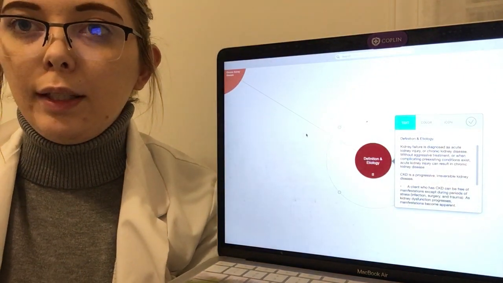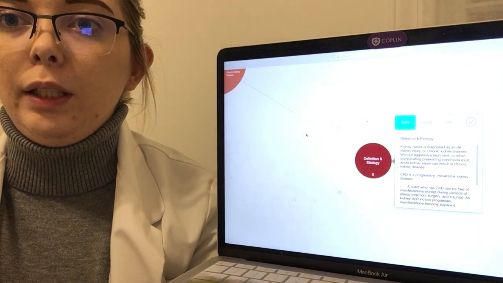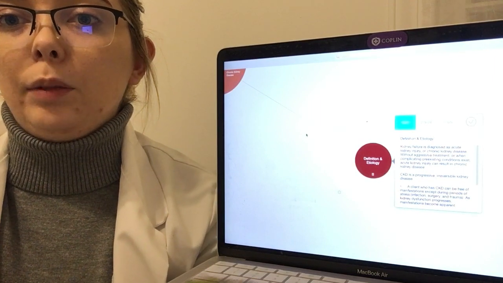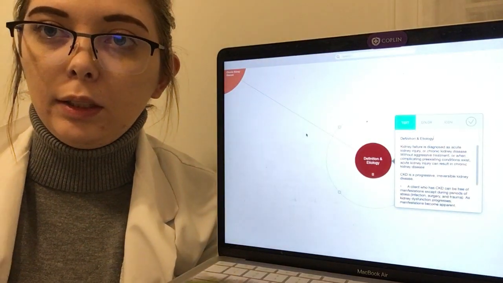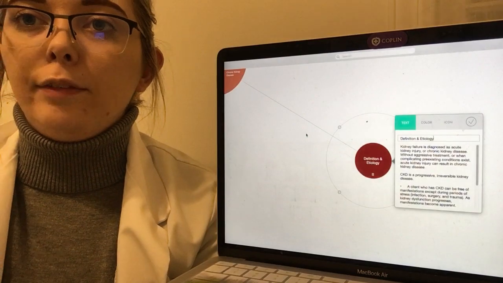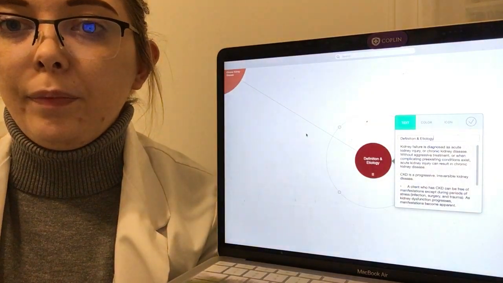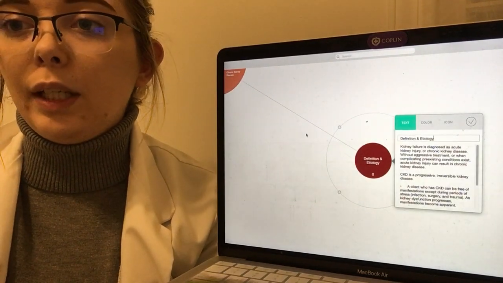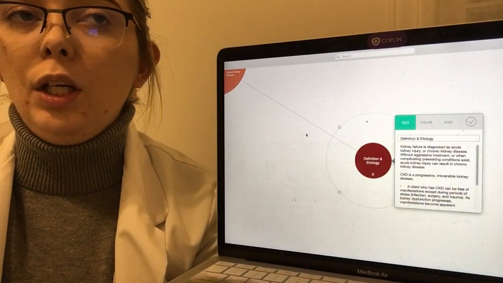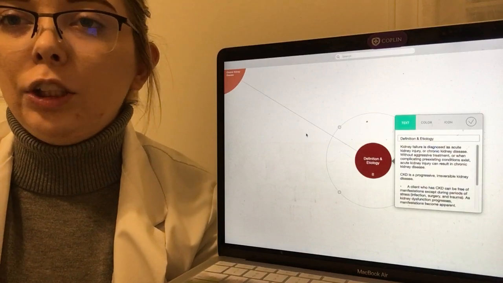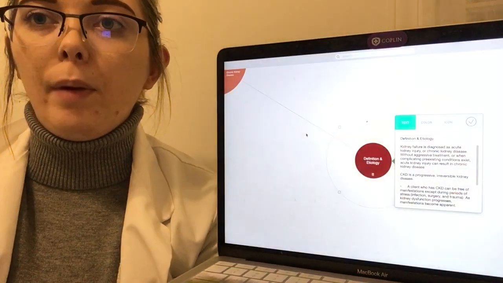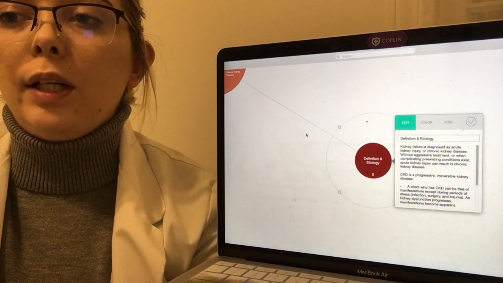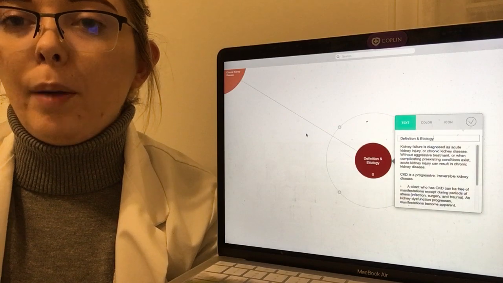Once you get past that point of it just being acute, then it is no longer reversible. There are ways to manage this disease, though, to make the patient's lifespan go on further. So a client who has CKD can be free of manifestations except during periods of stress, which would include infection, surgery, any sort of trauma, just stress on the body. As kidney dysfunction progresses, manifestations then become apparent.